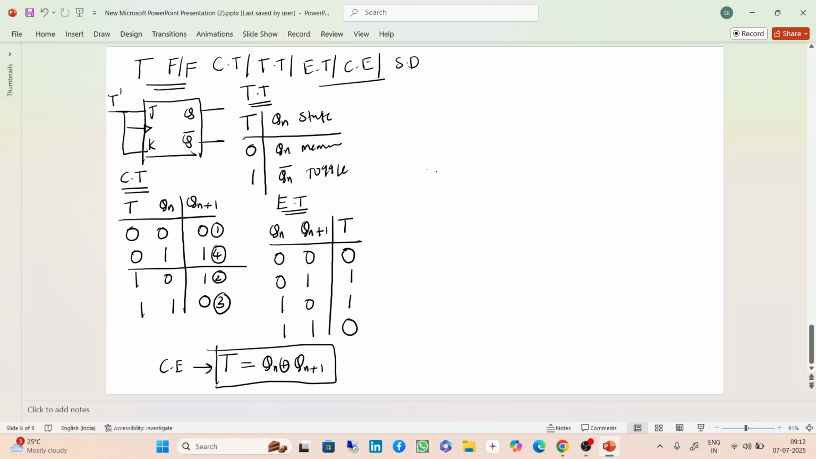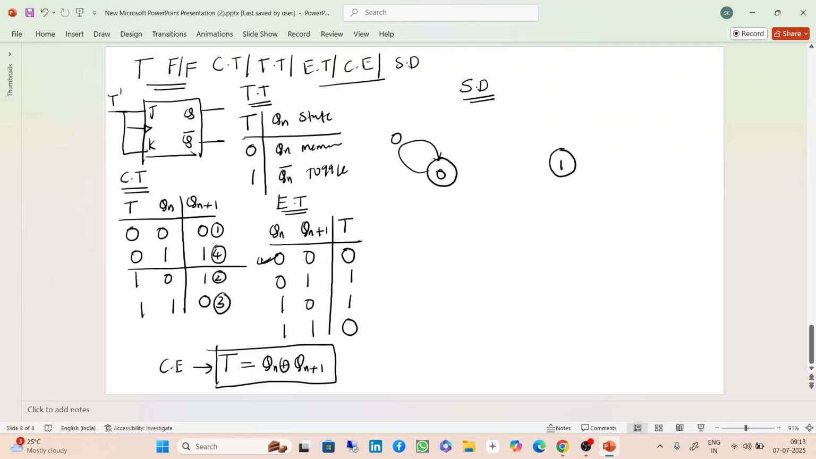And next is the state diagram. How to draw the state diagram? By seeing the excitation table, you need to draw the state diagram. Two states are there: this is state 0, and this is state 1. Present state is 0. What is the next state? It will be in the same state. What is the